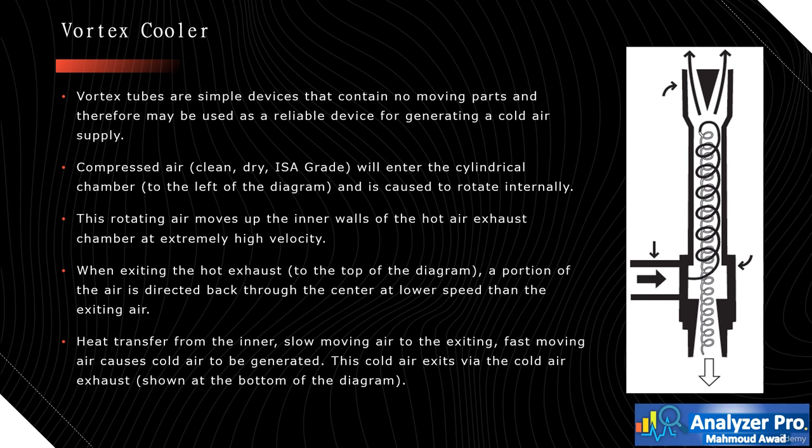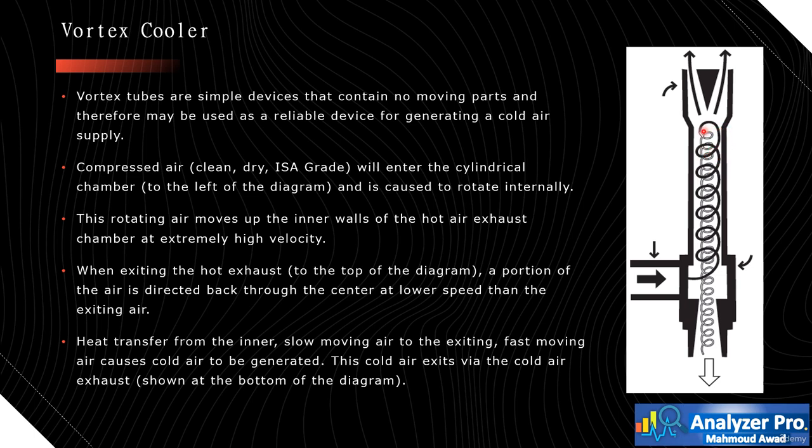Finally, we will understand the vortex cooler theory of operation. Vortex tubes are simple devices that contain no moving parts and therefore may be used as a reliable device for generating a cold air supply. Compressed air, clean, dry, ISA grade, will enter the cylindrical chamber, to the left of the diagram, and is caused to rotate internally. This rotating air moves up the inner walls of the hot air exhaust chamber at extremely high